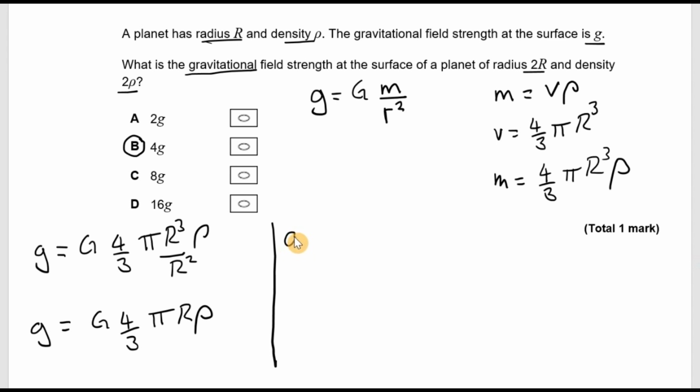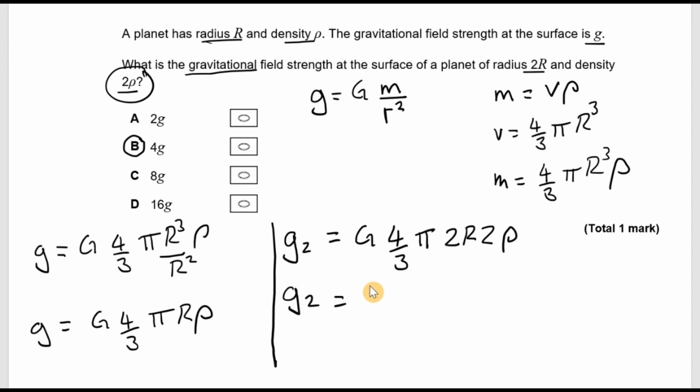I'll call that gravitational field strength G2, and I'm going to use the same equation with just a subtle difference. So it's G 4/3 pi. Now the radius is 2r, so I need to put 2r in here, and the density is 2ρ, so I need to put 2ρ in there. Now, some of you may see exactly where this is going, but I'm going to rearrange this in a slightly strange way. I'm going to say that G2 is equal to gravitational constant 4/3 pi r ρ multiplied by